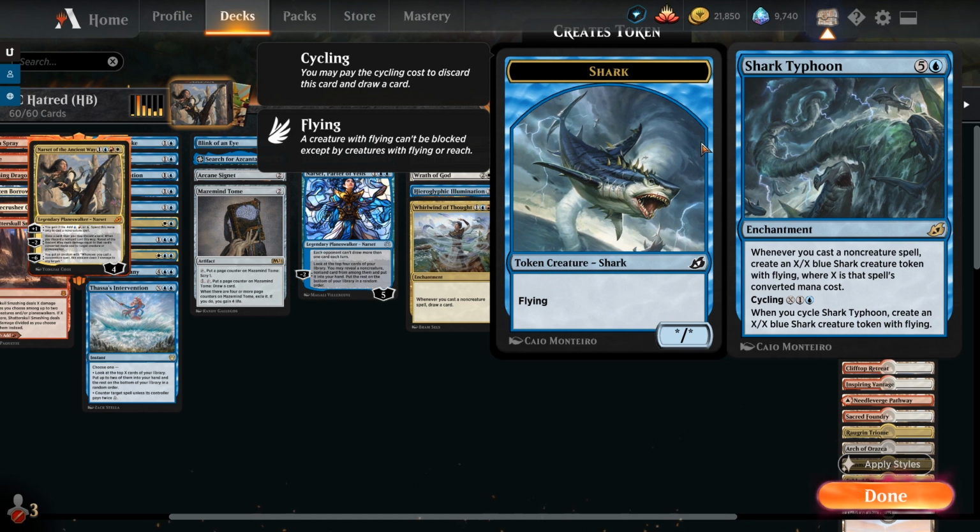We've got Shark Typhoon as well, a 6-mana enchantment. We can cycle it for 2 and X to make an X/X Shark creature token with flying. Most of the time, you want to be making that token and beating down with it, maybe choosing to use your counterspells to protect the shark. But most of the time, it's going to be a little bit of a beatdown, and you can always hard